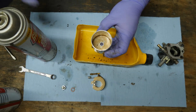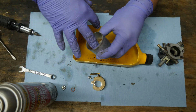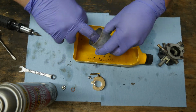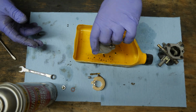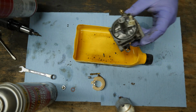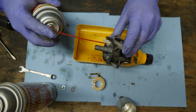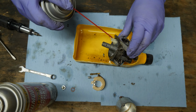Alright, so you can see a little bit of carb cleaner in the bottom of this bowl. Kind of rub it around a little. This is where I'll take a rag and wipe the inside of the bowl out, because you can see how that cleans that up nice. Just that little bit, but we'll do that last. I'm not really too concerned with that. I want to take the can with the straw here and start blowing back and rinsing all this stuff off